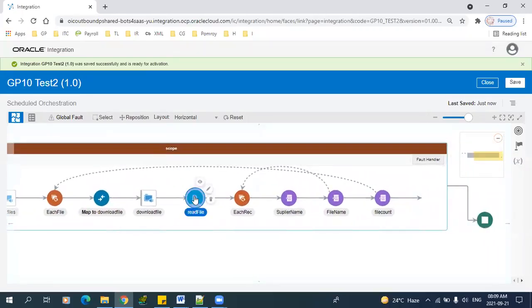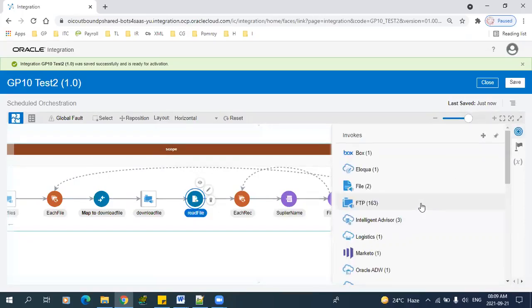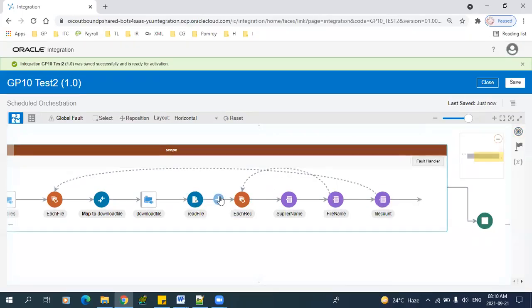Now, this is read file. As of now, we are trying to read the data. Now we'll try to write the data. Whichever data you are reading, the same data we will write to another file and place into my FTP location. Okay. For the write also, you have the stage file. Stage file is nothing but, within the OIC, if you want to write the data, you can use the file in another flow with stage file. Whereas FTP here,